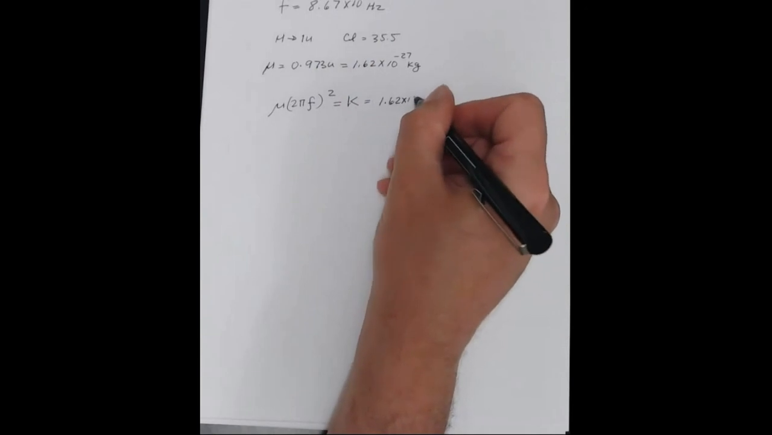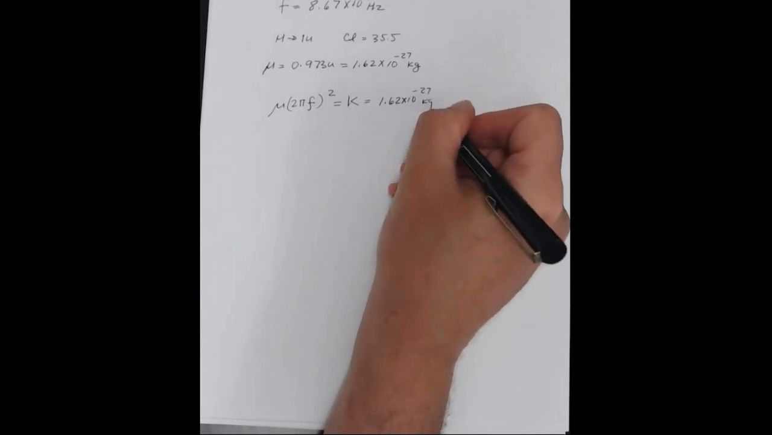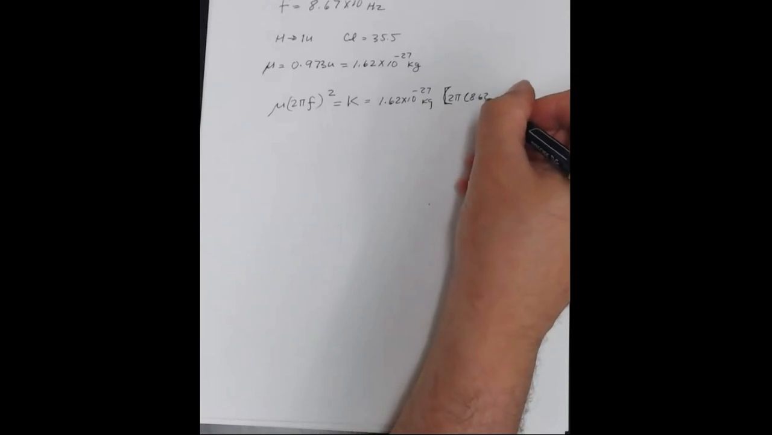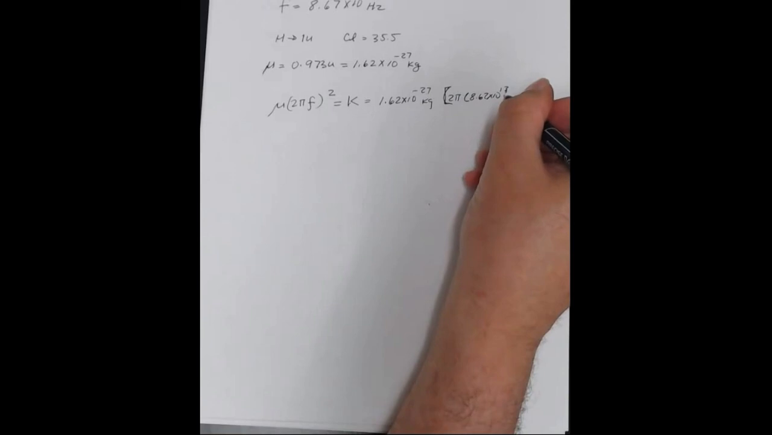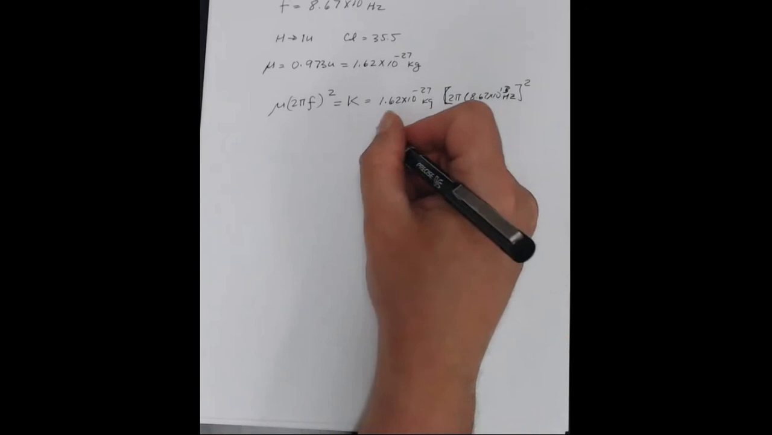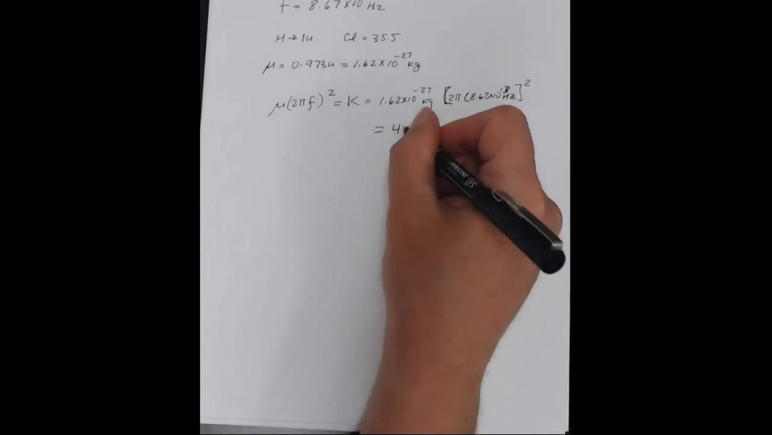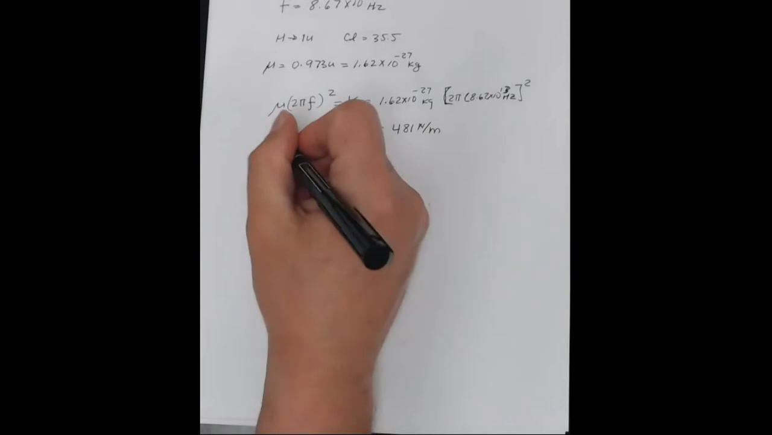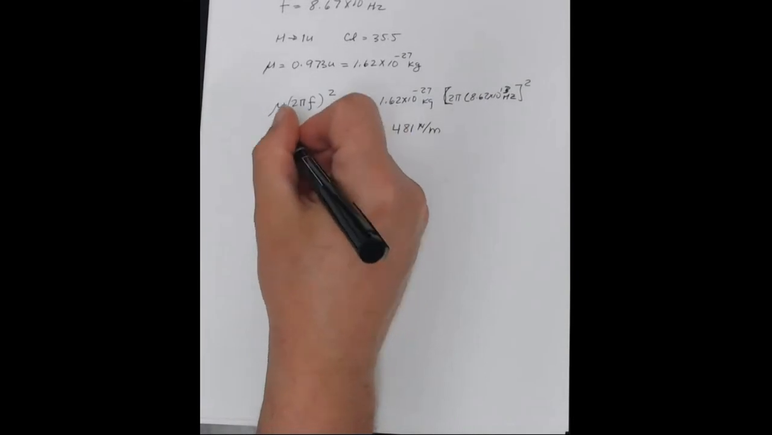1.62 times 10 to the negative 27 kilograms times 2 pi times, let's put the square brackets there, 8.67 times 10 to the 13 hertz. And I square that, and when I put this in my calculator, I get 481 newtons per meter. So that's our approximate force constant for our model